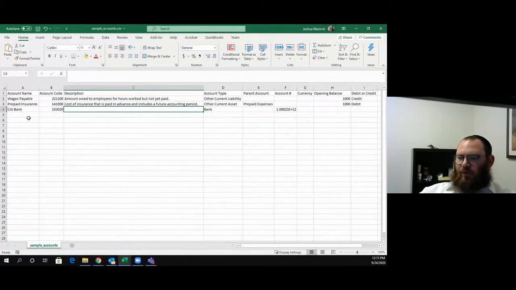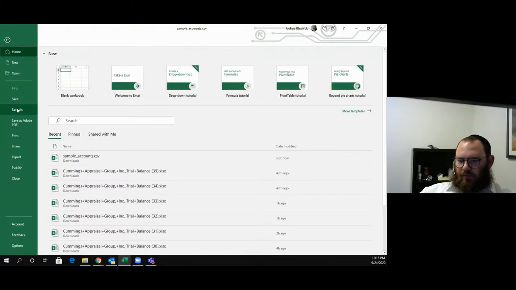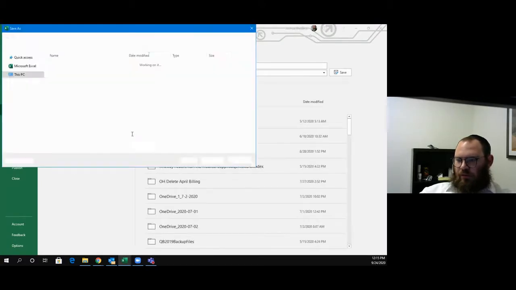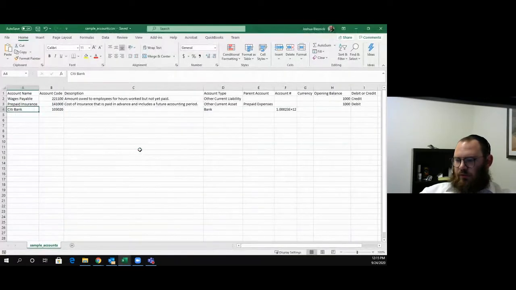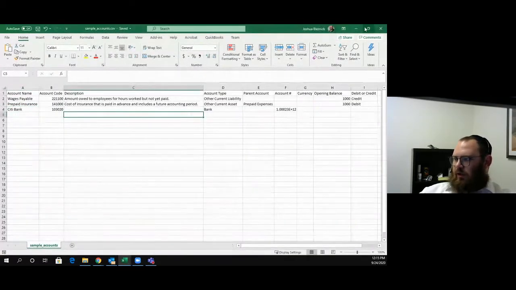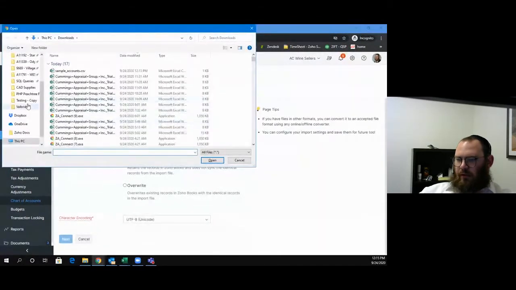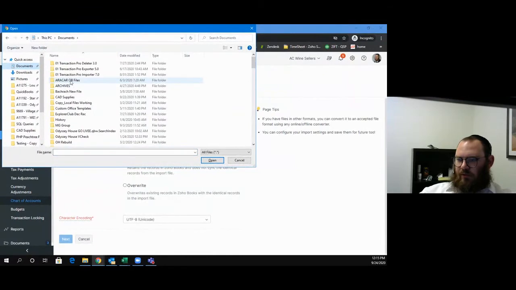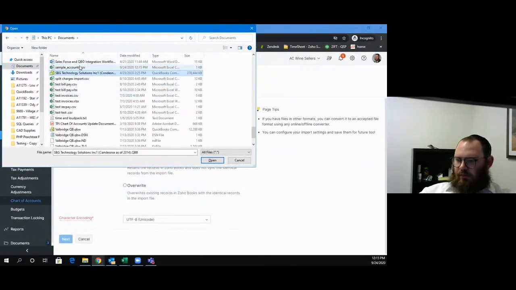So after we create our chart of accounts in Excel, then we can save it and import it. So as an example, I'm going to just show you, we're going to save this to my documents, sample accounts. Okay. And we're going to go into Zoho, and we're going to go to my documents, and we're going to find the sample account,